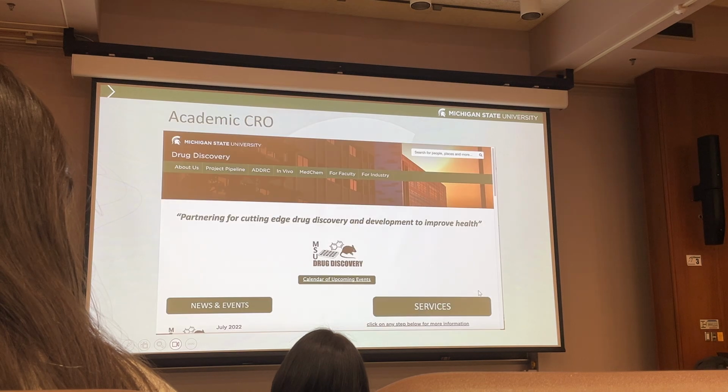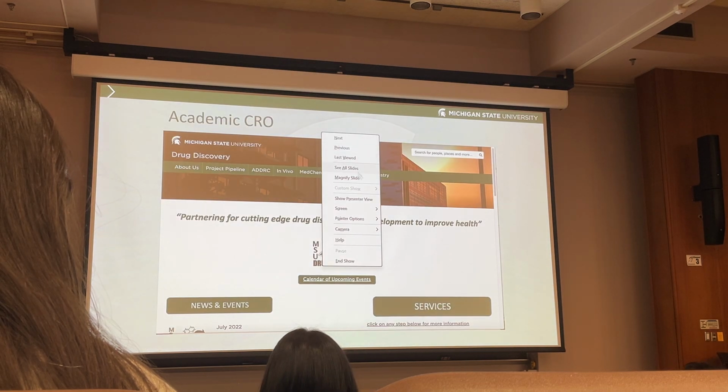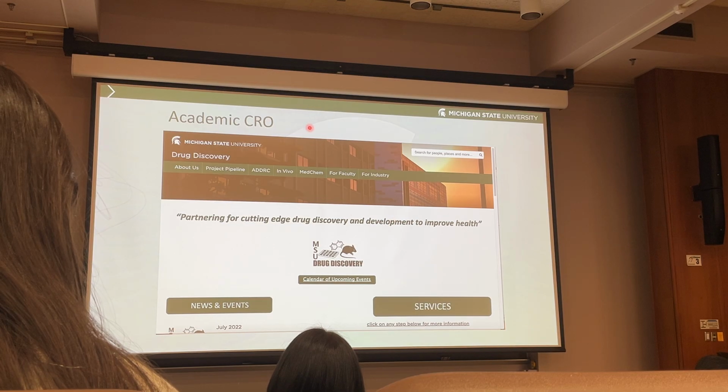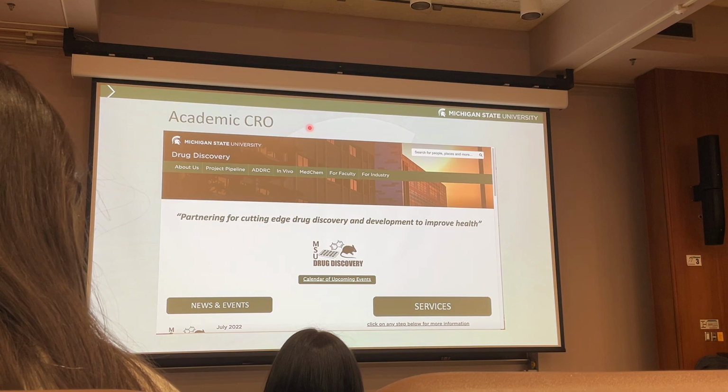We have a drug discovery program right here at MSU, all right? MSU Drug Discovery was founded several years ago, looked at as an academic CRO. It's currently in kind of a stalling phase, but there's a couple facilities that are still open. And the reason I bring this up is not only that we have this here, but to introduce the